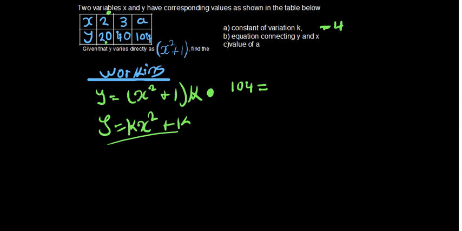Then in the brackets there, I'm going to say x squared, because I don't know the value of x, plus 1. I multiply by the value of k, which is 4. So I can divide both sides by 4 to make my work simple. So what I have is that my x squared is equal to